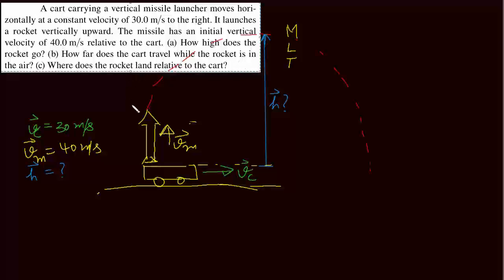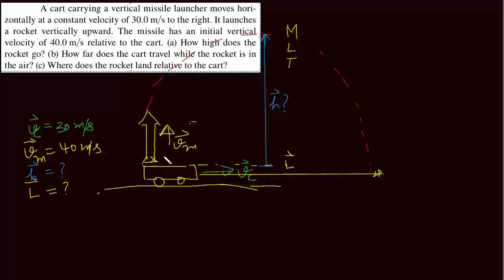Let me use color yellow and say that the car travels, I don't know how long, but let's say the car travels a distance of L. So L is also unknown, and number C, the question number 3,